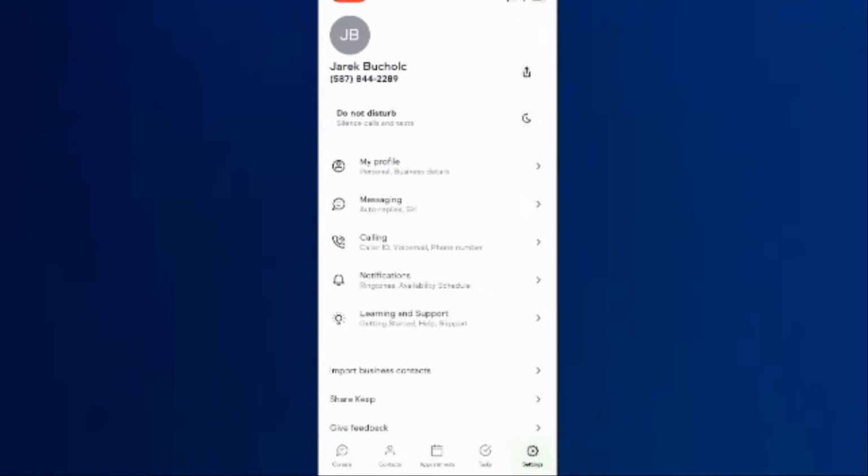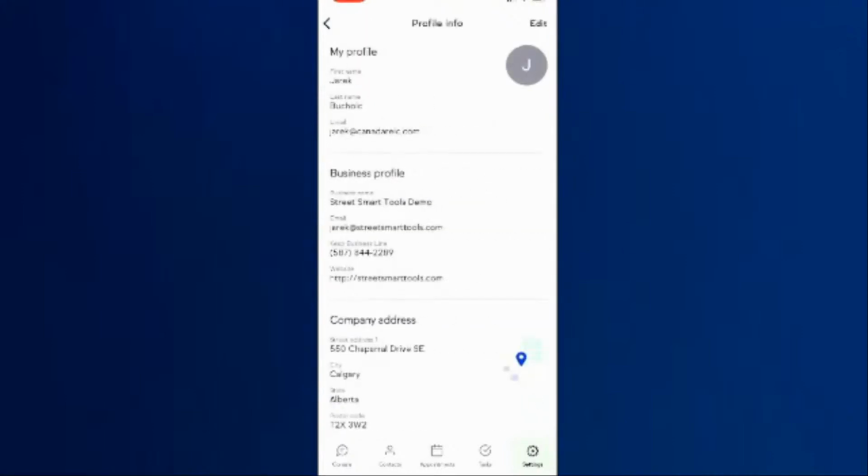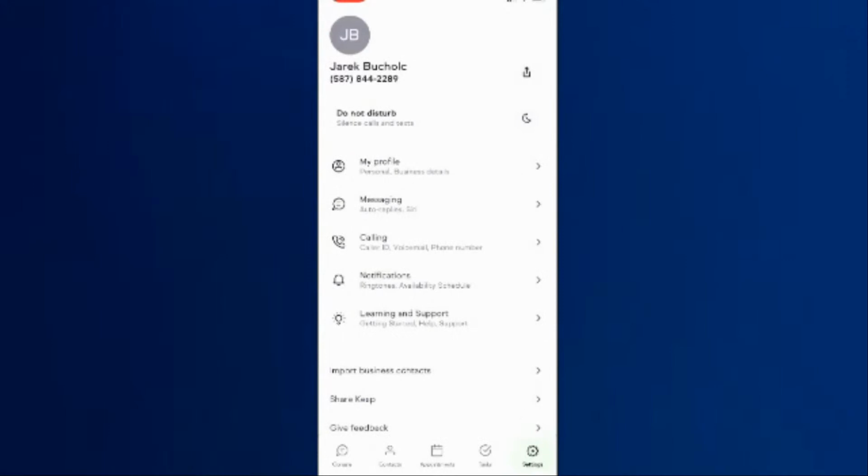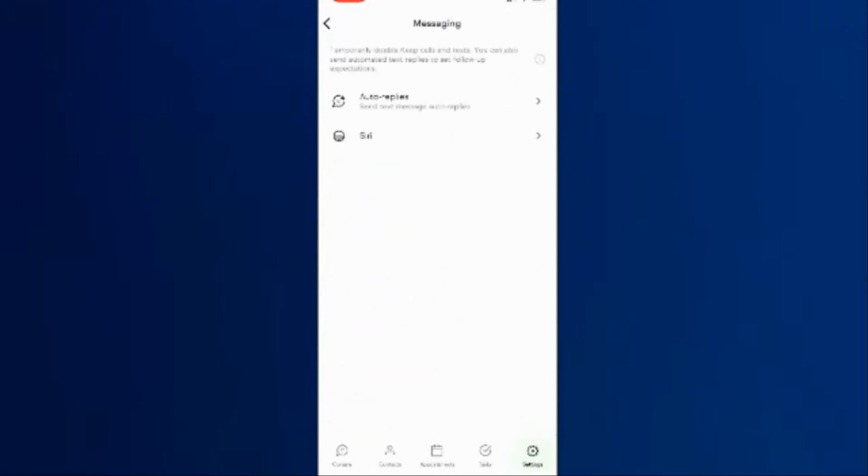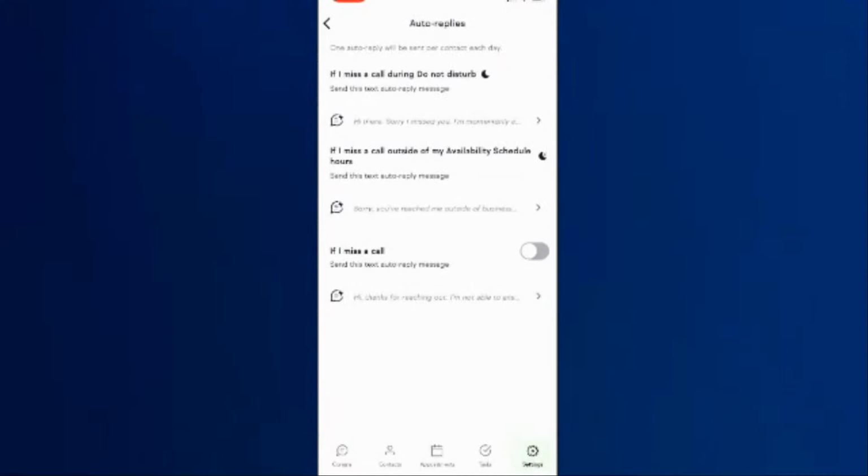And as you see here, you have your profile, and you can have all the information concerning your company. I'm just briefly going through it, and messaging, right? You can implement auto replies, very important. I didn't cover that. What I'm going to do is, if I miss the call, a message says thank you for reaching out, I will be able to answer soon, right? And that will then be sent automatically. Everything is about automations, guys, right?